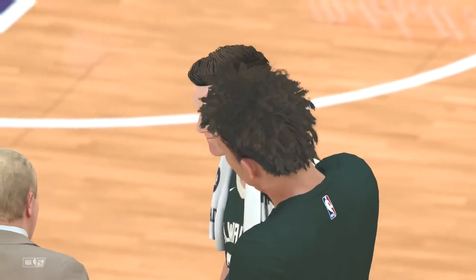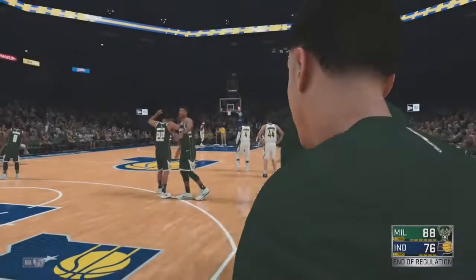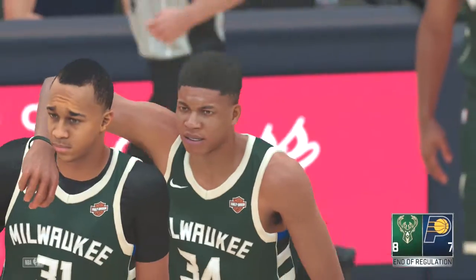Welcome back, everybody. The start of the second half getting underway. Both teams battling hard. And so it's the Bucks taking care of business in this one. A solid win on the road for them. This one